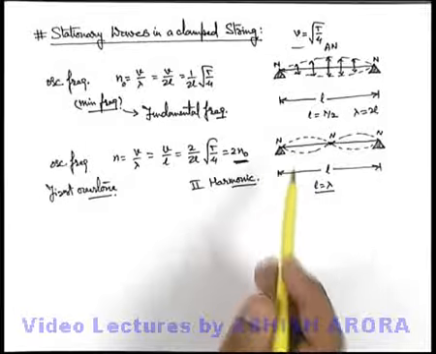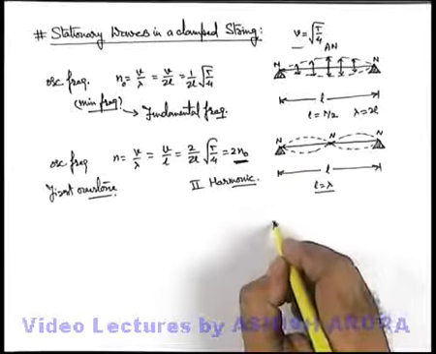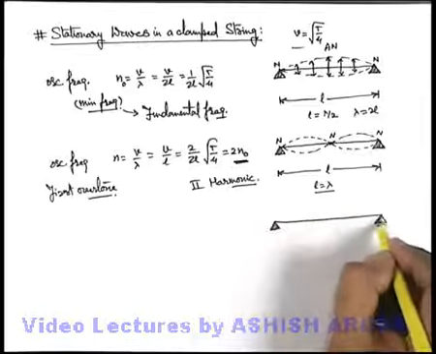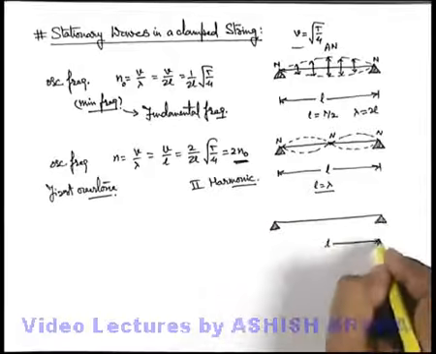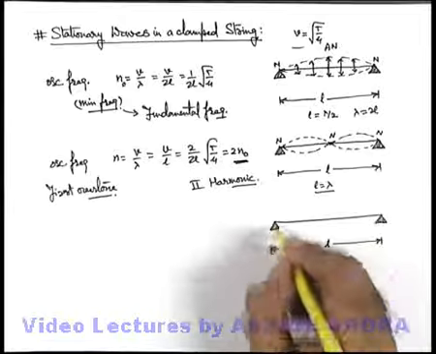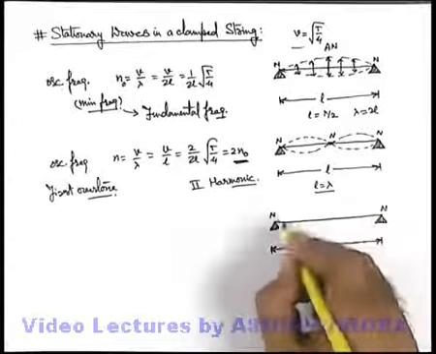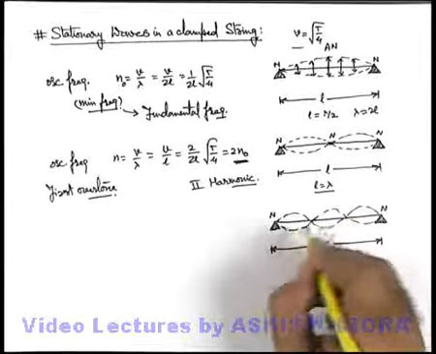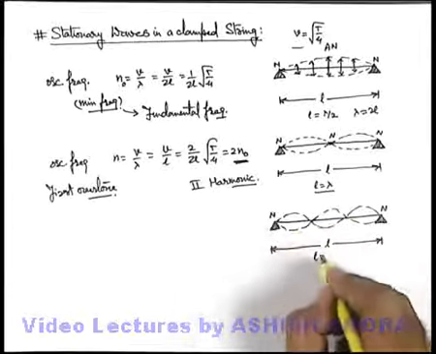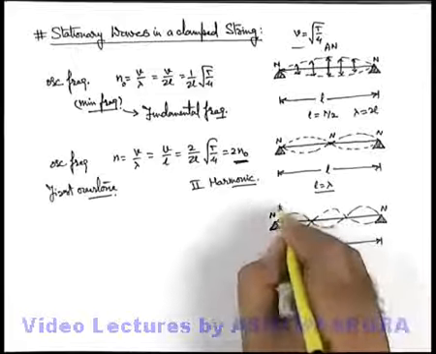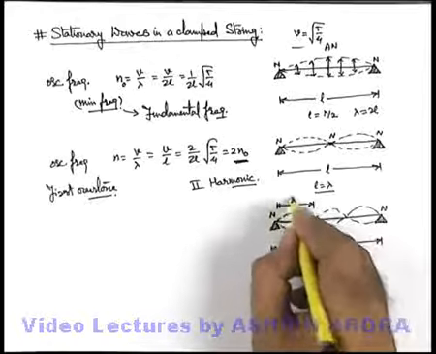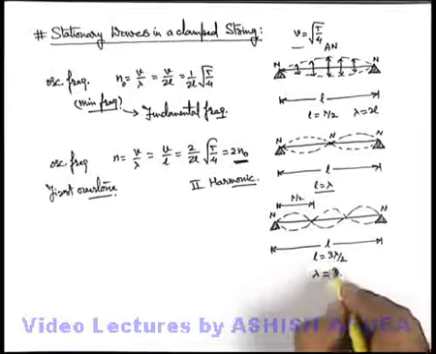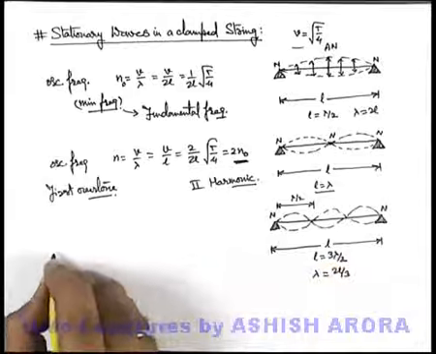And if we talk about the next possible frequency, that will exist when there are three loops in the same length of string with the clamps located at nodes. So the situation would be this. Now in this situation, the length of the string can be written as 3 lambda by 2, as each loop length is lambda by 2. Now we can see the wavelength can be written as 2L by 3,